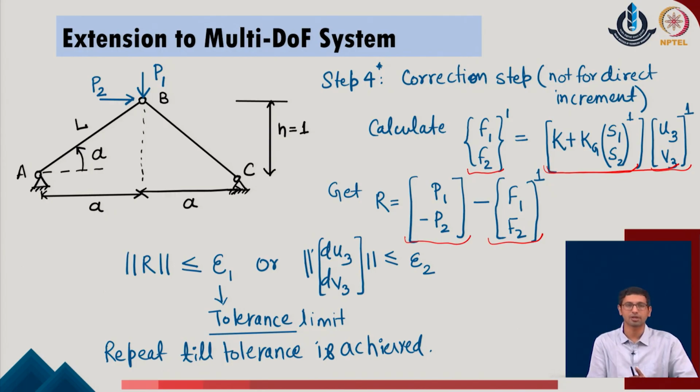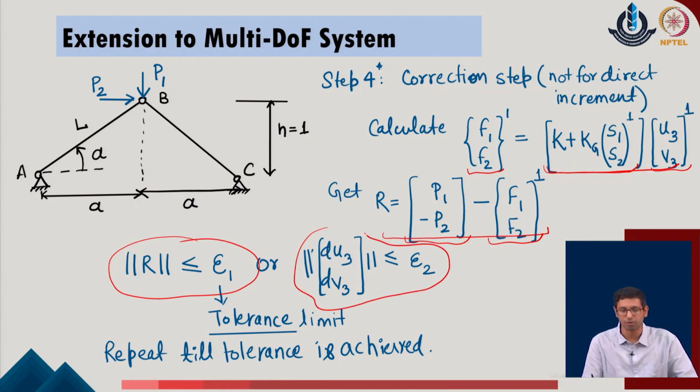So, this is a very similar idea to what we did in the Newton-Raphson scheme. Only thing, rather than taking a single variable value, now we have gone with a system in which there is more than 1 degree of freedom available. So, this tolerance can either be applied with respect to the value of this residue part, or it can also be applied on the change in the displacement values defined for each iteration step, and once either is reached, we can stop the given algorithm at that point, and that is the overall solution which we obtain for the given problem.